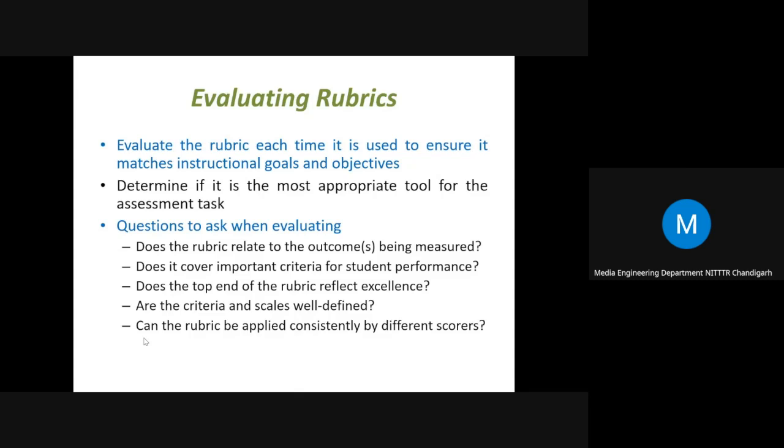The rubric should be evaluated periodically, and if any shortcoming is detected, we can easily modify the rubric. It is not that we cannot modify it.